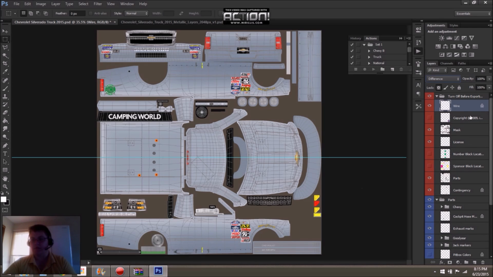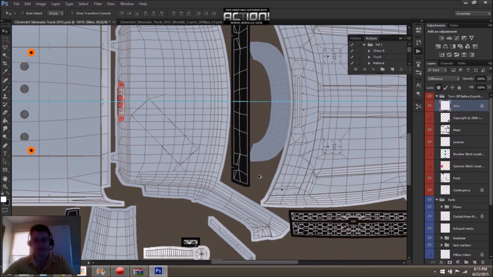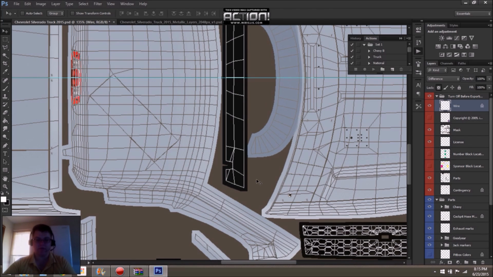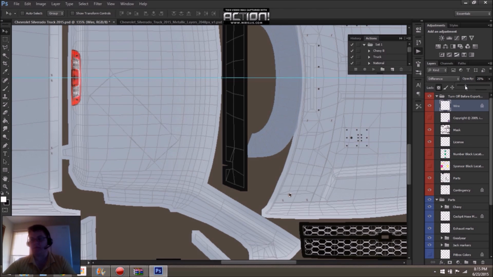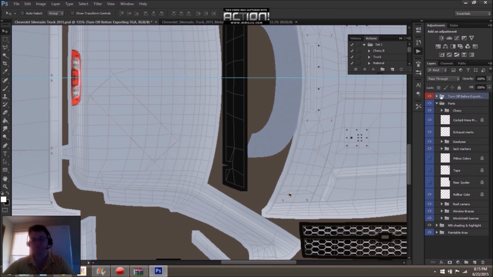Okay, so you can see that where the background is dark, it changes the lines to white. Where the background is light, it changes the lines to dark. It's very, very handy. I usually change the opacity down to about 20%, 25% in this case. Just barely visible, just enough to give me a reference. Don't really need any more.